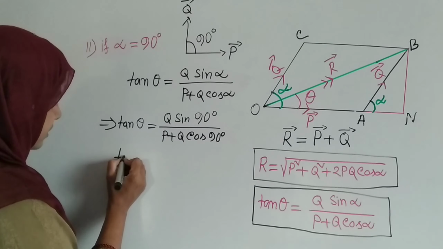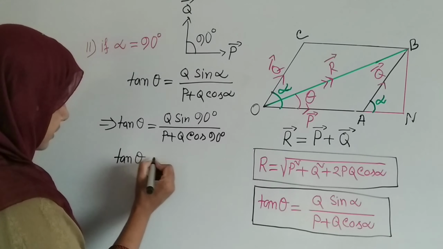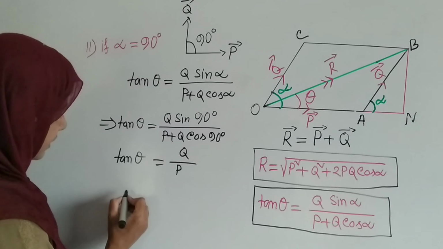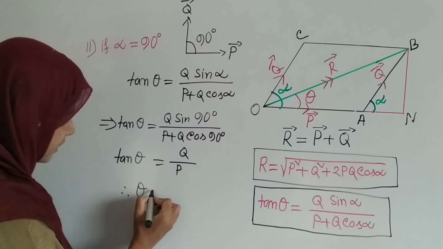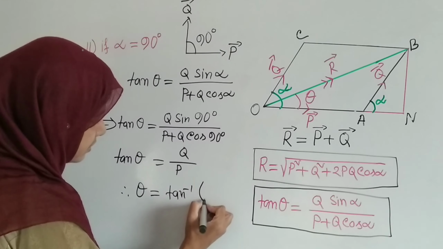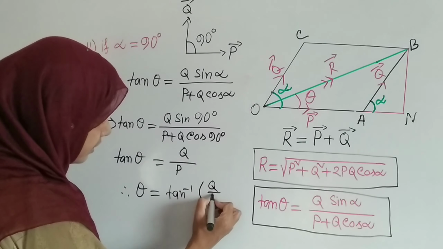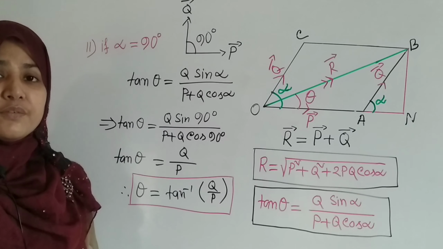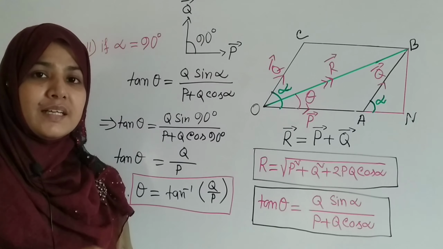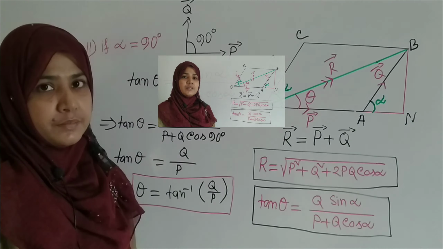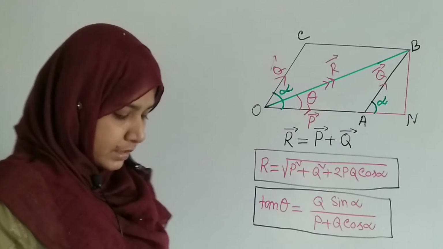So we can write that tan theta equals Q by P. That means theta equals tan inverse Q by P. So by using this formula we can identify the direction of the resultant vector when these two vectors act perpendicular to each other. Now situation 3,